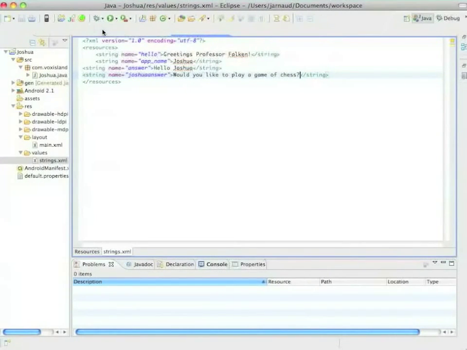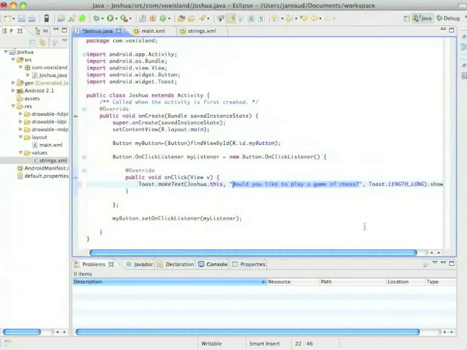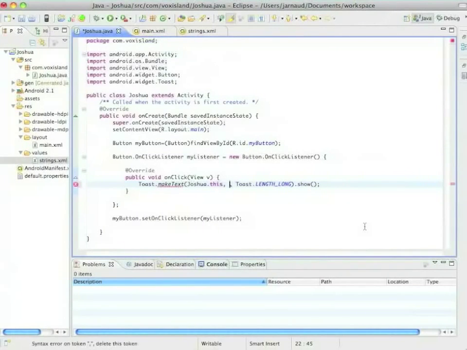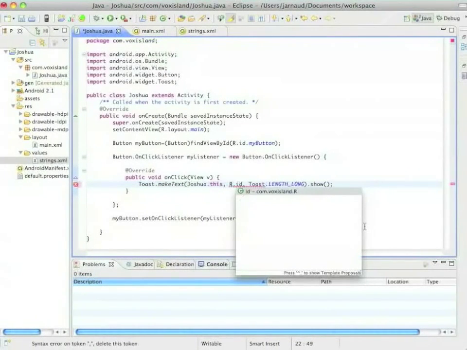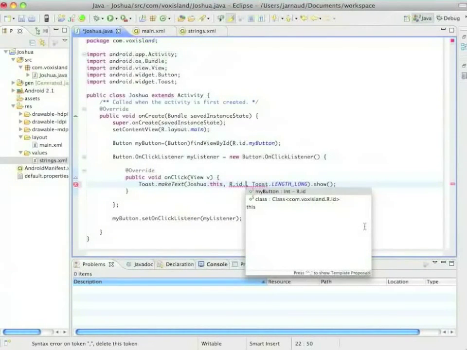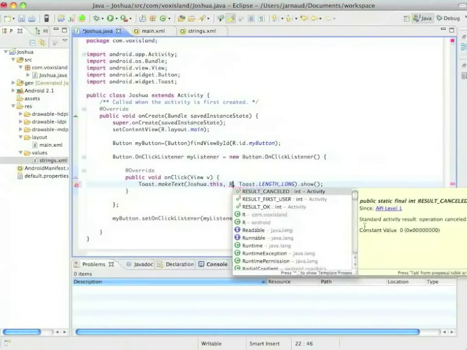As I said, I'm not necessarily going to do that any time, but you should do that every time. So I will name it joshua_answer. And the content will be, would you like to play a game of chess? And now in the code, I will remove this hard-coded string, and I will use